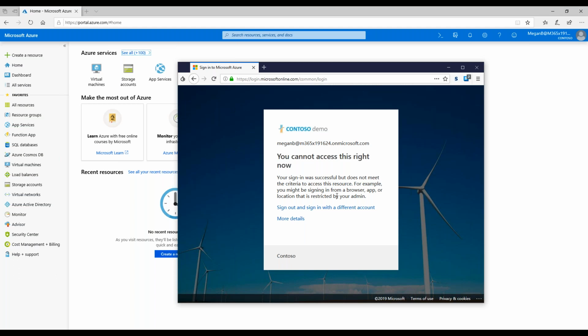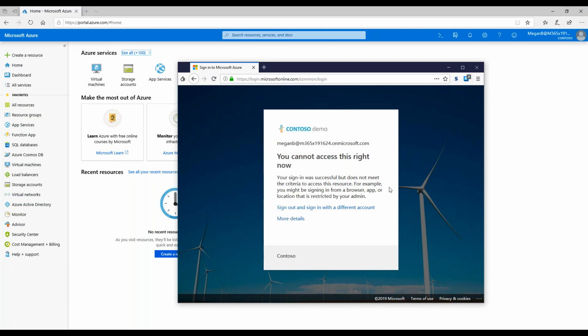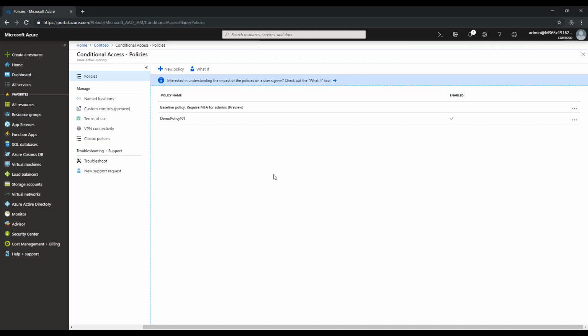It is the conditional access that we set up, because the request is coming from behind an anonymized circuit, as we saw from the circuit itself. So Azure understands this and raises a medium level risk event, and the access is blocked for this particular user. Now let's go back to the administrator view.